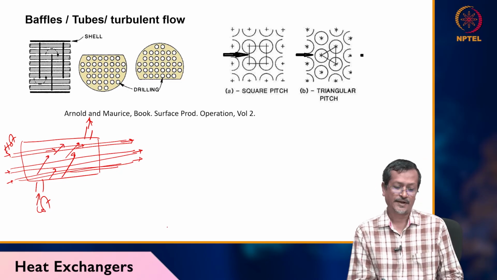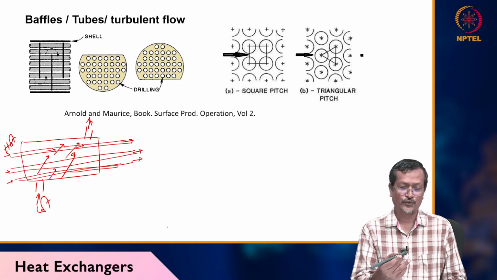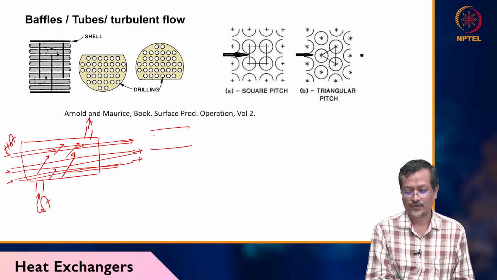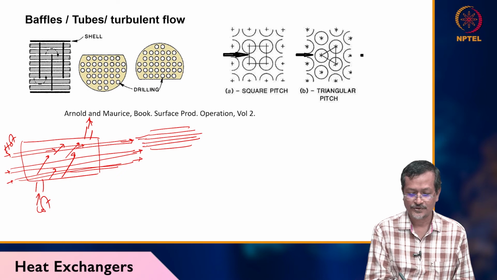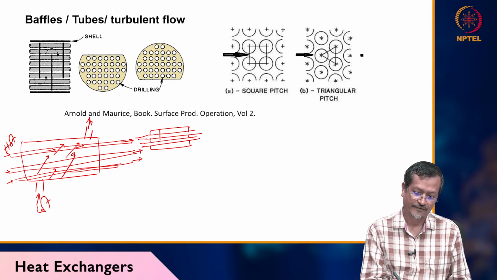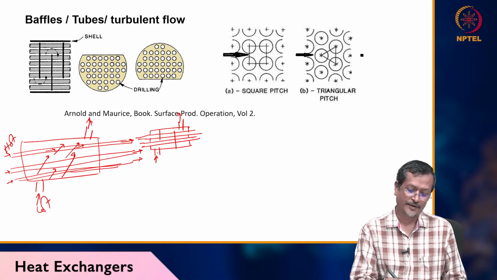What happens if you have hot fluid going through the pipe and cold fluid is crossing these pipes, it will reduce heat. But if you make some more arrangement to create turbulence, what you do, you have pipes, one pipe, two pipe, and this is your shell maybe. Now create one baffle. So what will happen, when fluid will be entering here, it will go, it will turn,